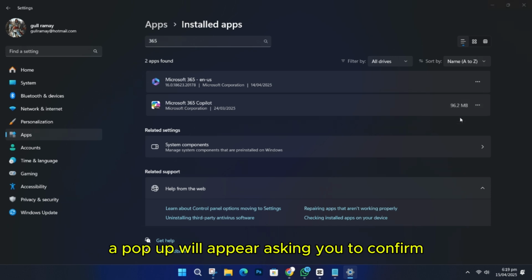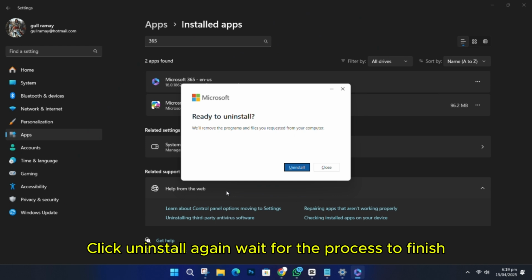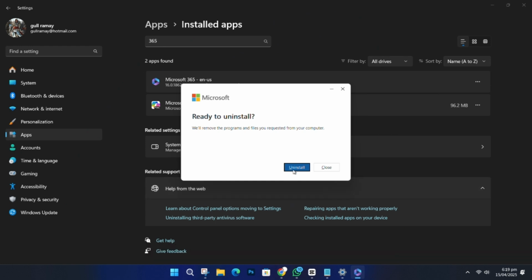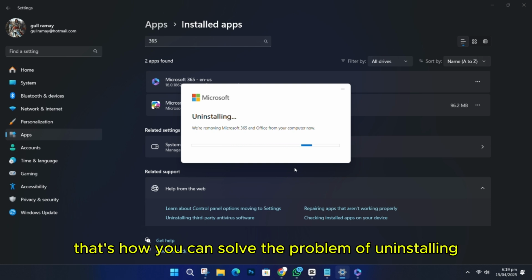A pop-up will appear asking you to confirm. Click Uninstall again. Wait for the process to finish. Once it's done, Office 365 will be removed from your computer. That's it. That's how you can solve the problem of uninstalling Microsoft Office